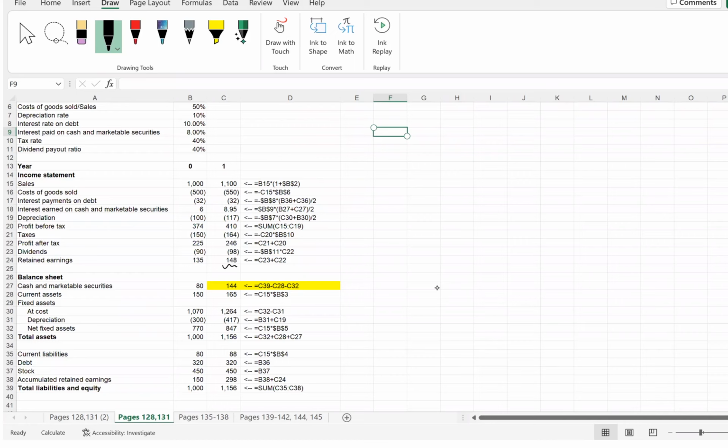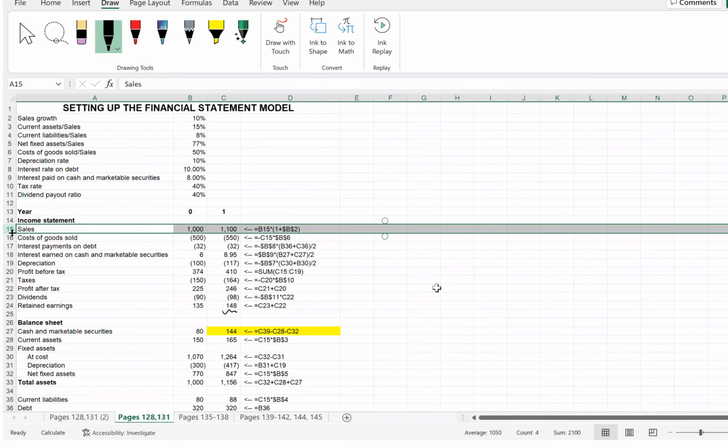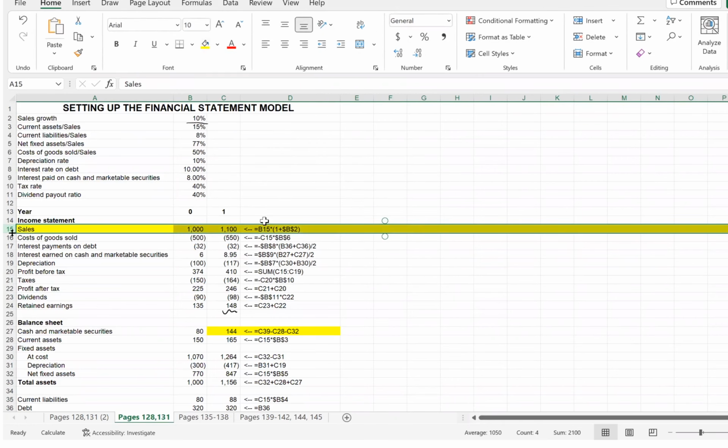So let me first highlight every row that does not depend on the formula and the number of other rows. Those are the rows directly related to sales, like the sales here. So this is directly related to the previous sales level and the sales growth, which is this 10%. So I'm going to highlight all of those related rows, and this is sales and cost of goods sold,